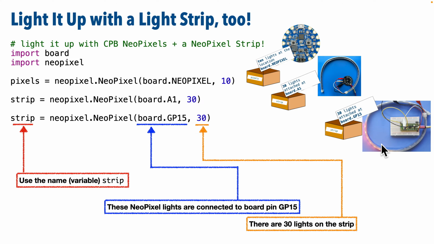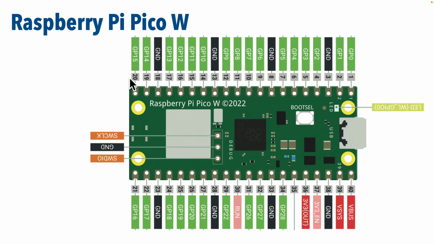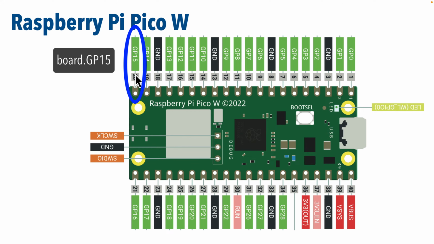Now, when we were coding along with the Circuit Playground, we referred to our pads with the prefix A followed by a number. When writing CircuitPython code for the Pico boards, we're going to refer to any of our board locations with GP in the pin number. And for this NeoPixel connection, I'm going to choose pin GP15. It's in the top row at the far left. Since I'm choosing this pin, whenever I set things up on my board, I'm going to use a location board.GP15